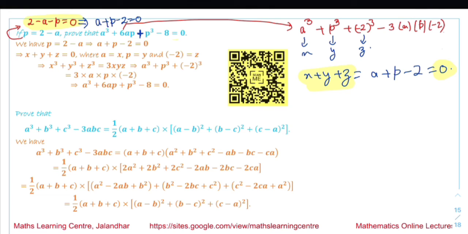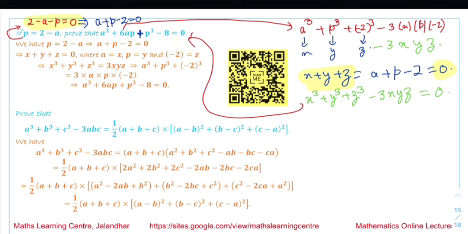0, and when x plus y plus z is equal to 0, we know the formula is x cube plus y cube plus z cube minus 3xyz, that is equal to 0, and this is what we have to prove over here. Similarly,